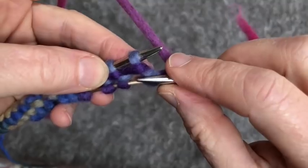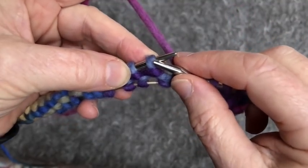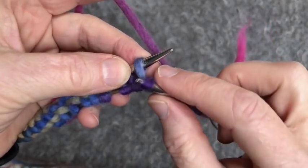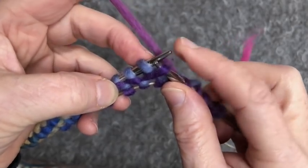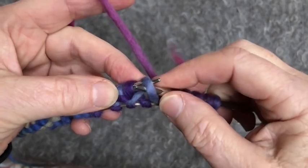Let's look at the anatomy of the purl. That is the purl band, and that is what we call the purl stitch. So there's the band, or bump. We lift the purl bump off, and we're going to put it right there. There it is. Now take this off, which